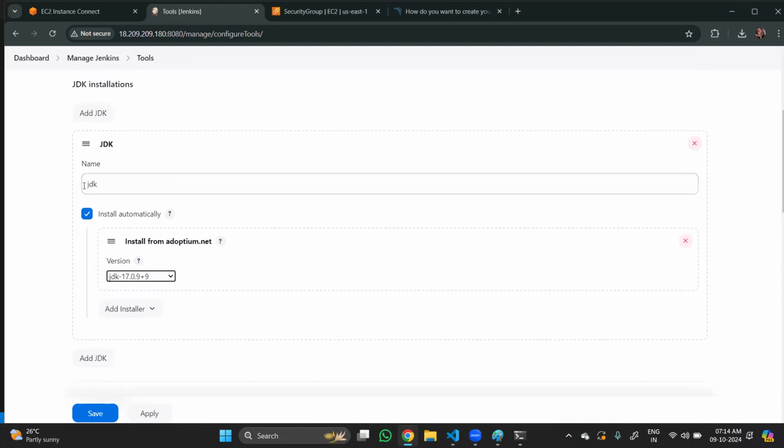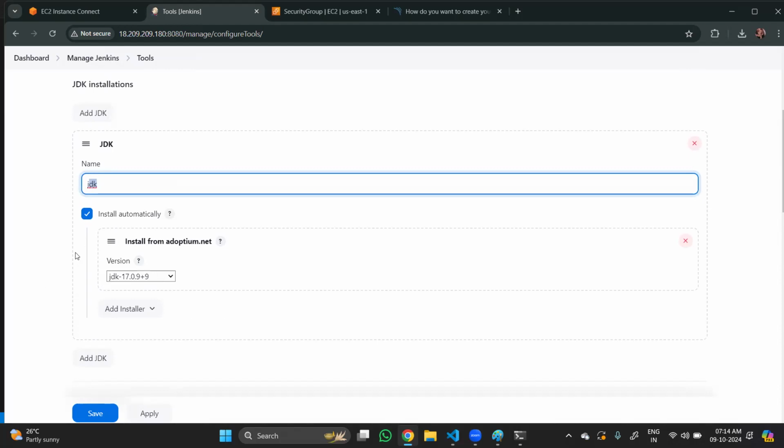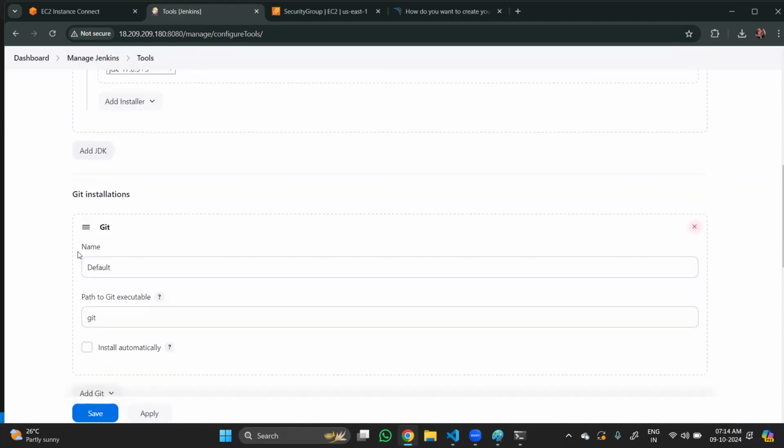So the JDK part is done. We provided the name and where we need to install, then install from this site, and the version. So what will happen whenever we're running this, it will download that JDK within our machine. Okay. So the next thing,